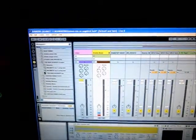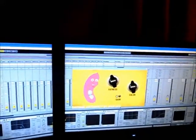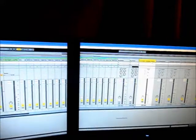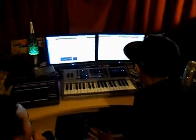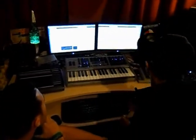So what we've got here is an example of parallel compression, or parallel distortion, or parallel limiting, and I think the sausage fattener does all three of those in one. So it's the mother of all parallel processing, in my opinion. And I've just cut some low end off just before it hits there, so the sub's not getting too crazy. So that's pretty much the drums,